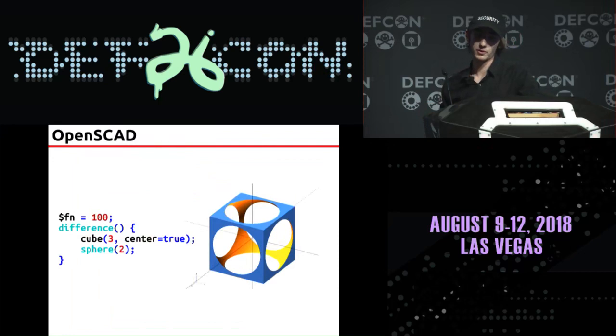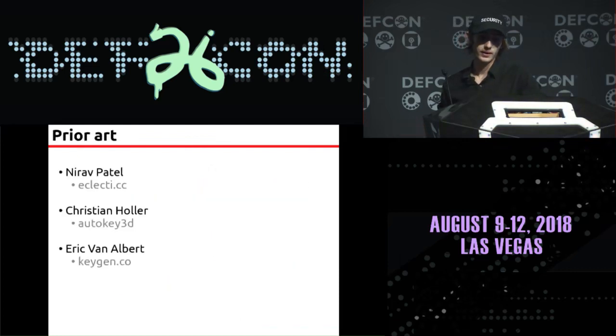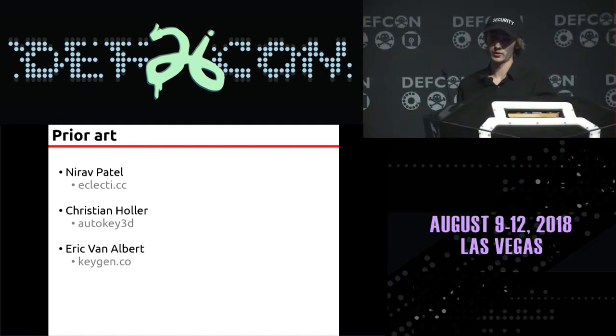It's a 3D modeling tool where you define your shape in a language similar to C, but instead of compiling into a computer program, it compiles into a shape. And since it's completely parametric, it's perfect for modeling things like keys. Once you have your model set up, if you want to change something, it's as simple as just updating some numbers and recompiling. I'm not the first one to use it to model keys. Nirav Patel, Christian Haller, and Eric Van Albert have done that before, but I wanted to try making my own tool that suited my needs a